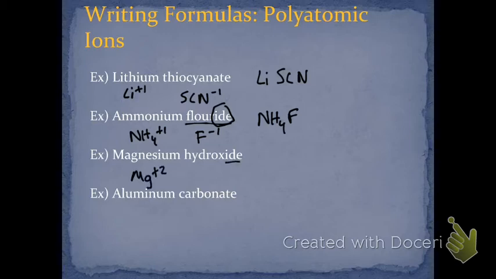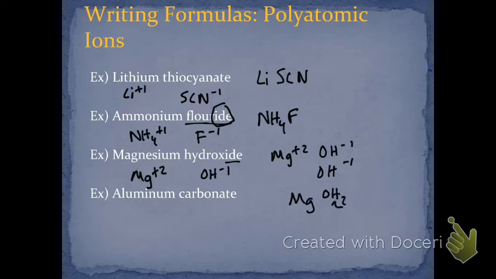Magnesium and hydroxide, Mg +2. Hydroxide ends in IDE, but it's one of the few that end in IDE, and it's a polyatomic. It's going to be OH -1. So if we take a look at these two, you'll notice that they're not neutral. So you add one more OH -1. In this case, we're going to use parentheses. If I wrote Mg and then 2 OH, the problem is this 2 only refers to this H. But we're saying that there's 2 OHs. So in order to do that,